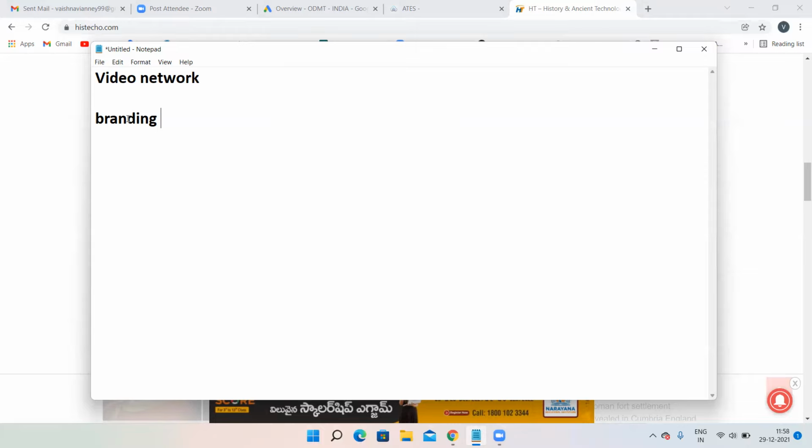Display network and video network are really good for very big companies, not for medium scale or small companies, because here you will not get leads and unnecessarily you'll be losing your money. So video network is really good for branding purposes. Suppose you have a new app or a new service launched, or you opened a new school, restaurant or college and nobody is aware of it. At that time, go for video network. It is good for branding kind of things.